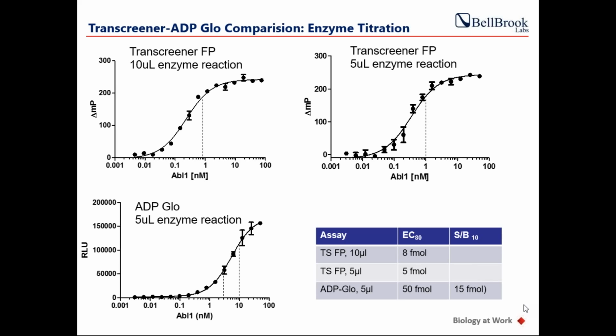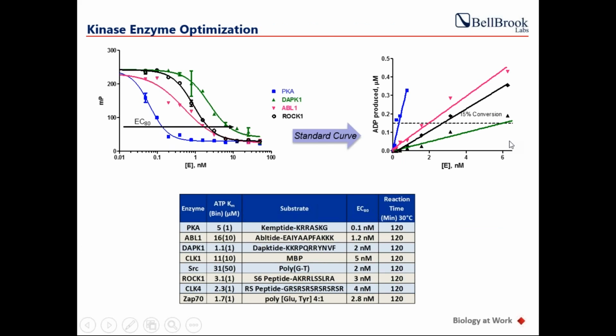Well, first of all, if you're doing a large screen, if you can cut down on enzyme usage by even 2 or 3-fold, it can make a big difference in cost. But secondly, and maybe more important, is that if you're looking at high potency inhibitors, which hopefully at some point you are, that is inhibitors with low nanomolar IC50s,